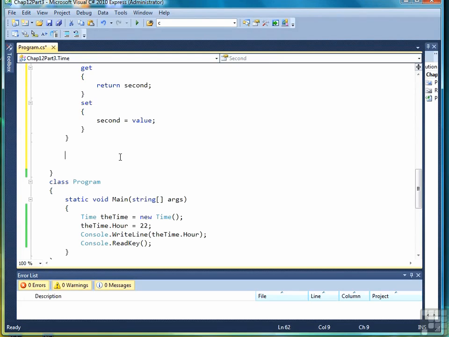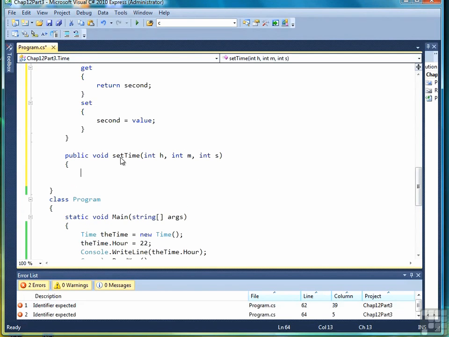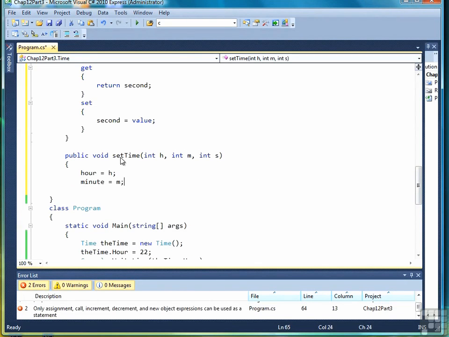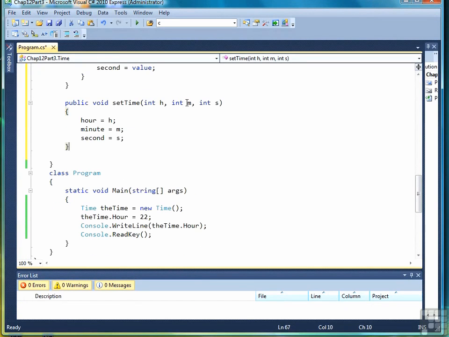One thing we can't do with properties is set a complete time. So what we're going to do is write a method called setTime, which looks exactly like our fully parameterized constructor, but it will allow us to set a time. So setTime simply takes an hour, minute, and second as its parameters and sets the appropriate data member. So let's look at an example of using that method. We already have the time written here, so let's take that out. Then we can say thetime.setTime, and we'll say